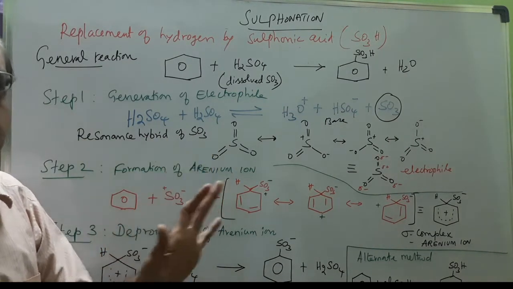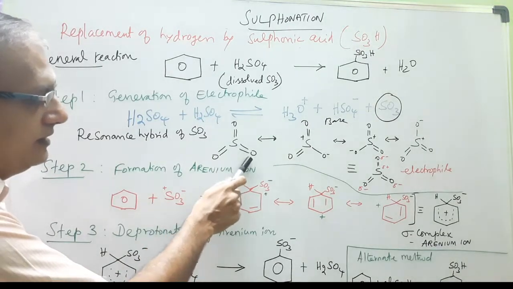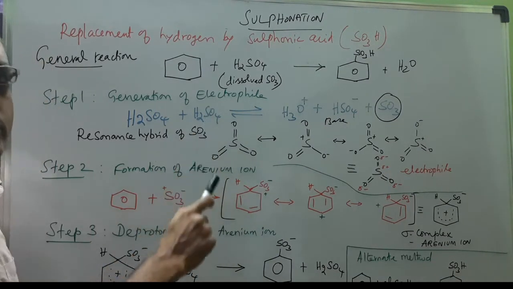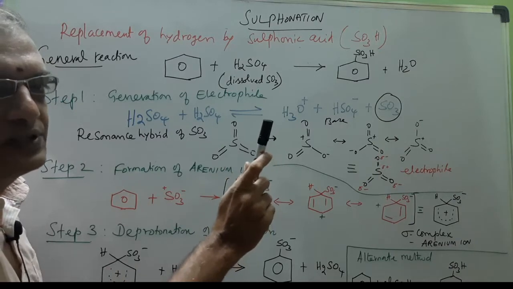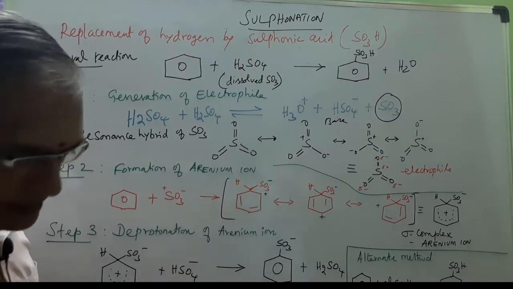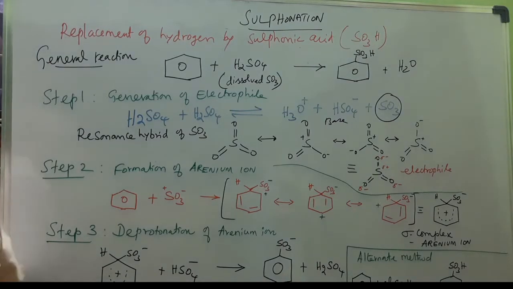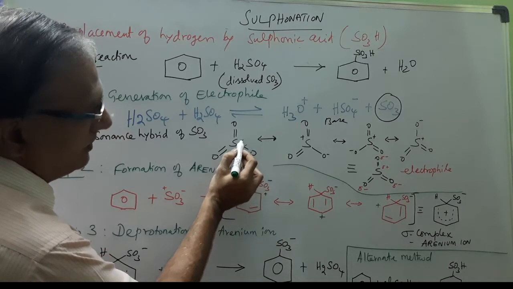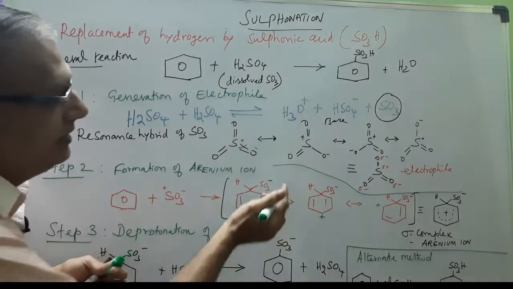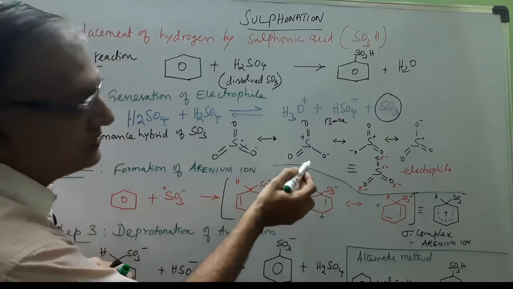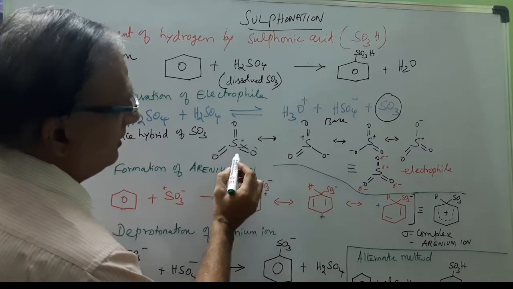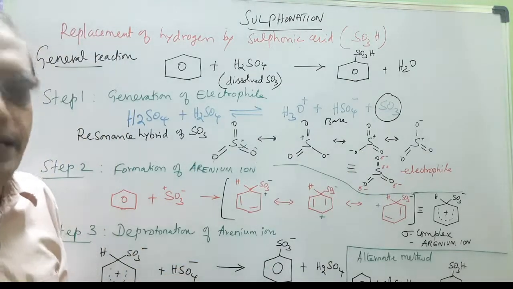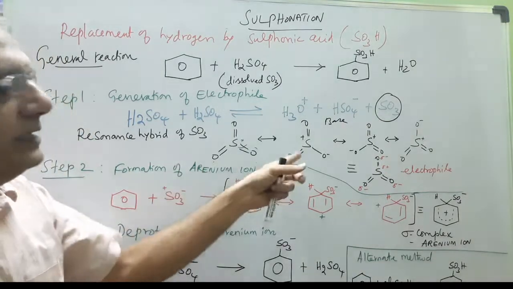This is very easy to write. Like how we write C double bond O, here we write S double bond O, S double bond O, S double bond O. For taking the resonance hybrid structures, either bond is broken. For example, if I break this one, the positive and negative charges are separated over here. So, make this resonance structure, and similarly you can do it for number 1, 2 and 3. That is an easy way of understanding the canonical structures of sulfur trioxide.